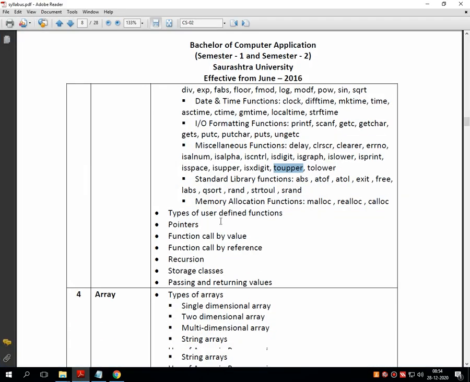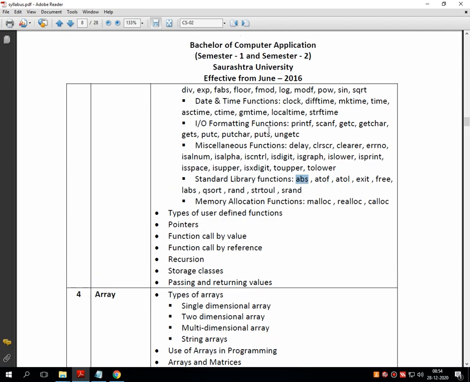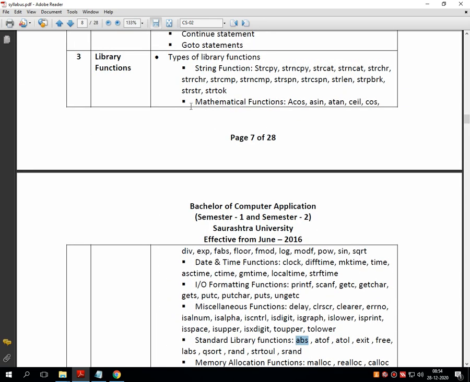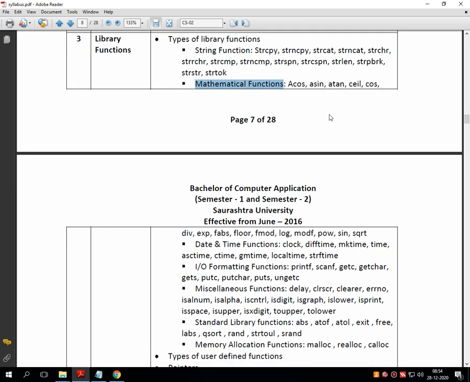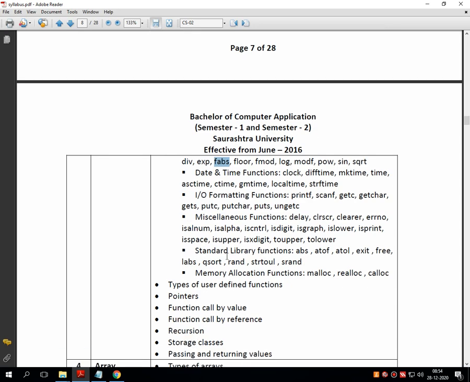The next group of library functions that we have to discuss is standard library functions, where abs is from the mathematical library functions, which we have already discussed in the mathematical functions as fabs.